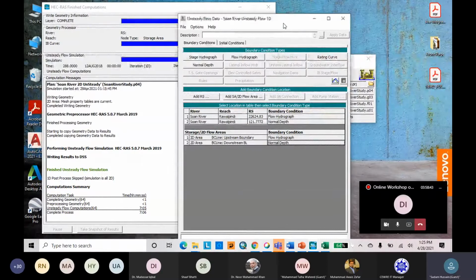But with stage hydrograph, if you have incorporated a hydraulic structure like a bridge or weir, you can use it more specifically at that point.